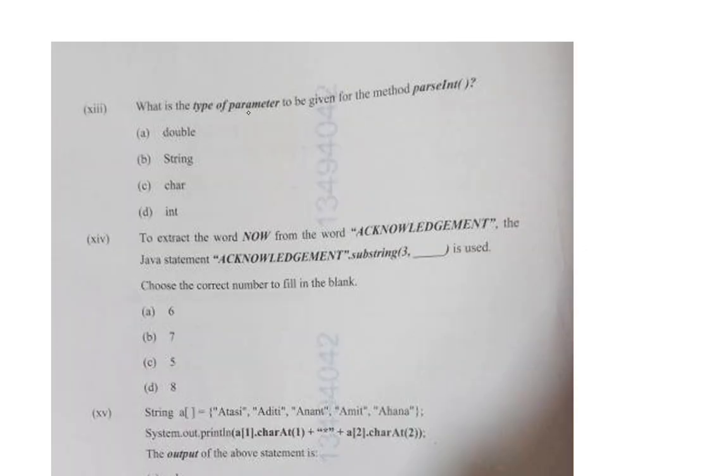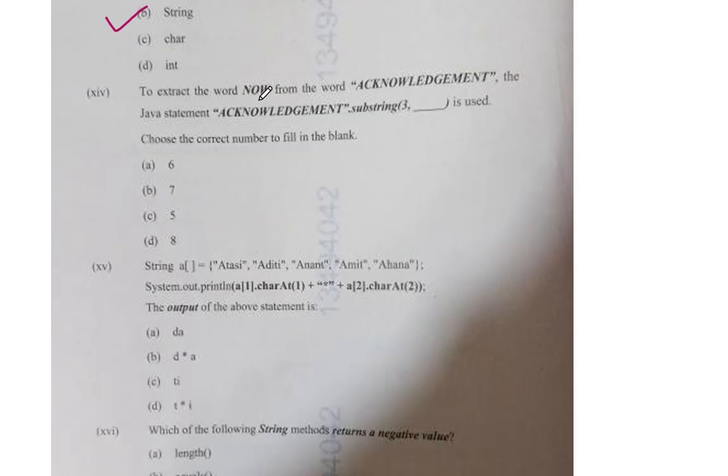What is the type of parameter given to the parseInt? See, Integer.parseInt, Double.parseDouble, all these require a string parameter. So what is the parameter? String parameter. So B should be your answer. Now we have to extract NOW from acknowledgement. Now index starts from 0, 1, 2, 3, 4, 5. So this 3, 4, 5 is my NOW. Correct? Now I need to add 1, so this should be 3, 6. Your answer should be